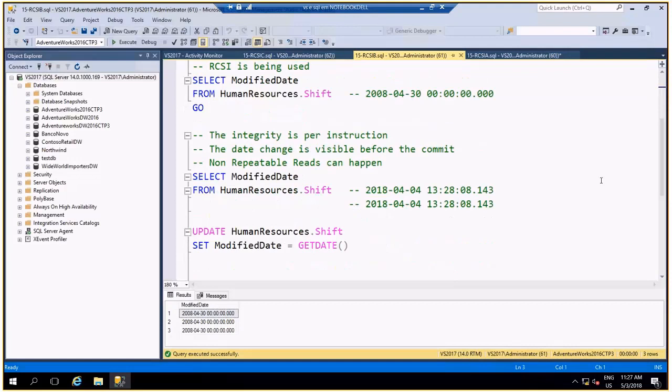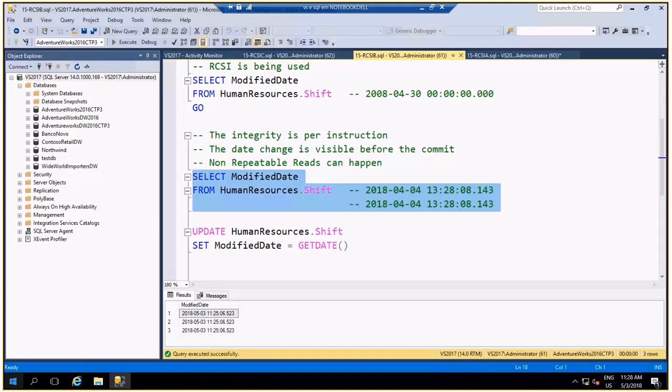On the snapshot isolation level, we saw the information would not change during the transaction. But on the RCSI, the information changed during the transaction. This is the non-repeatable read problem that I illustrated in our first meeting.